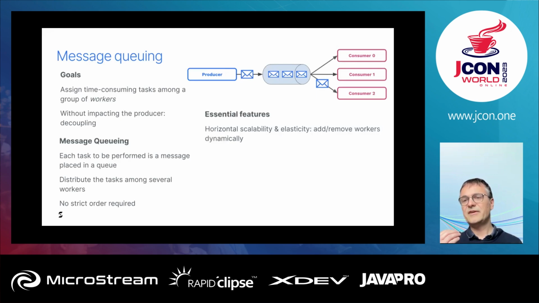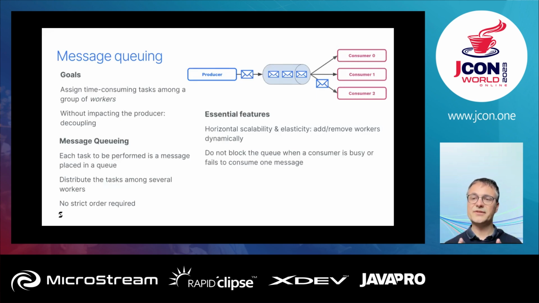Queues can grow faster than consumers can handle. So one expected feature is the ability to add new consumers to consume the queue faster and remove those consumers when the workload decreases, right? Another expectation is when a consumer is busy processing a message, you don't want to wait for the processing to be completed. The broker will deliver the next task to another consumer instance without waiting for the current task to be completed.